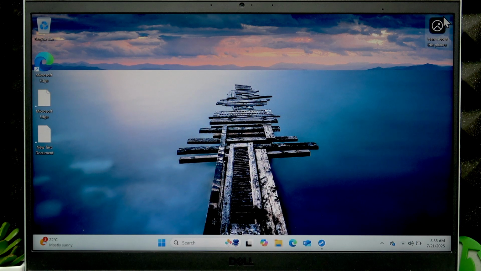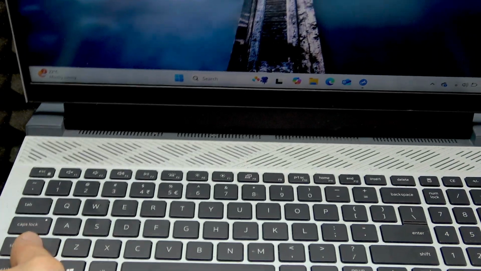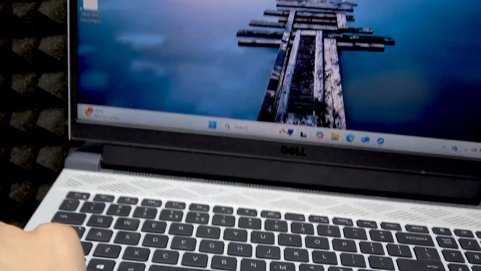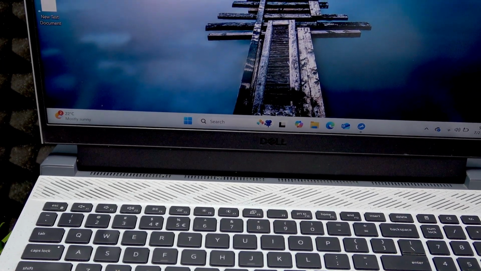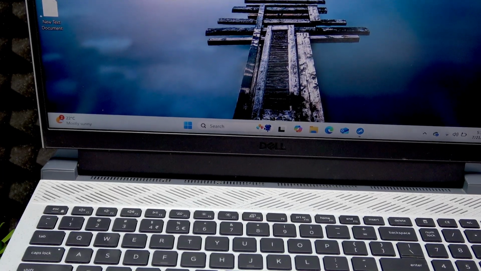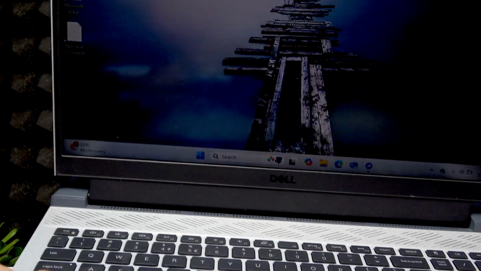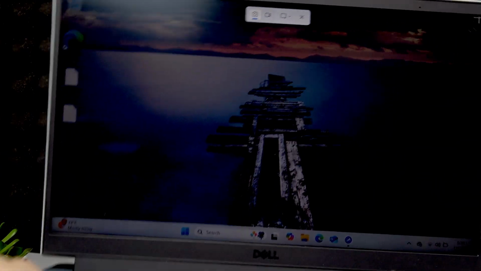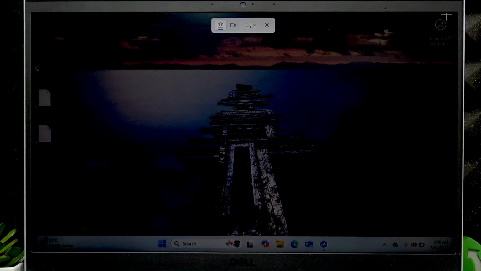So to take a screenshot, use one of the following combinations. The first combination contains 3 keys, which are Windows, Shift and S buttons. So you can either press 3 of them together or simply press the print screen button, which is located right here. And this way you will open up the bar at the top of your screen, and